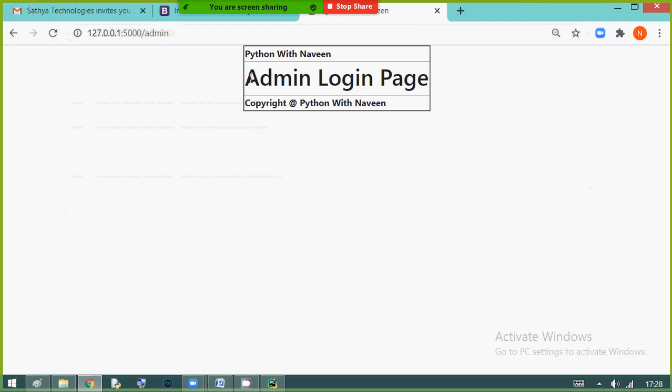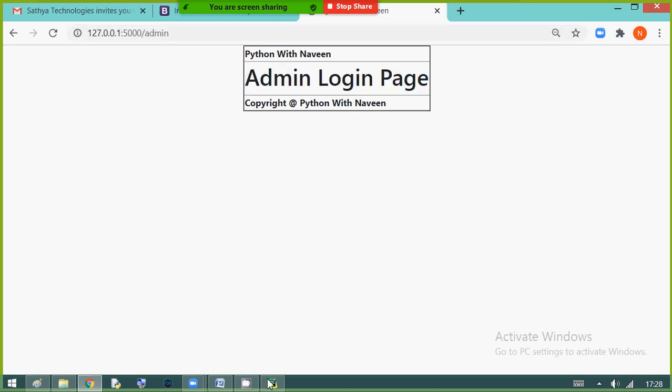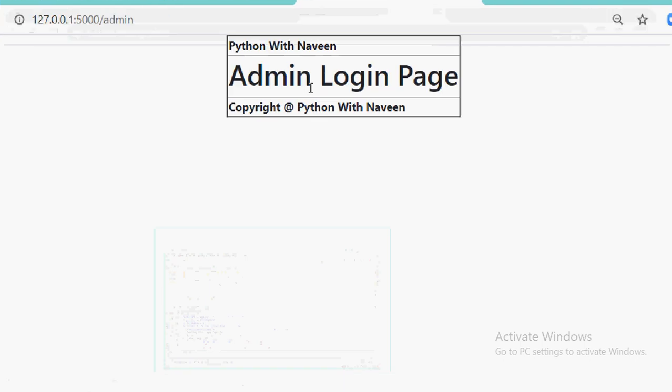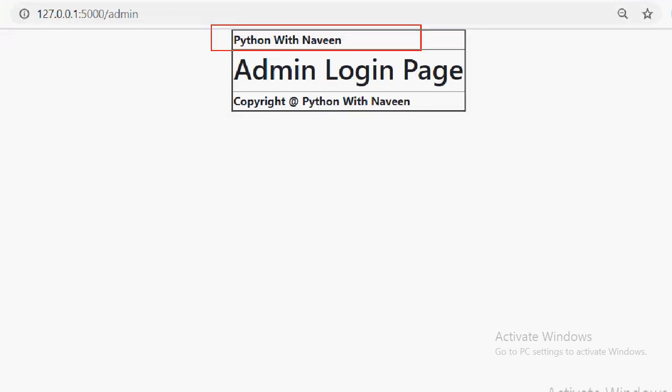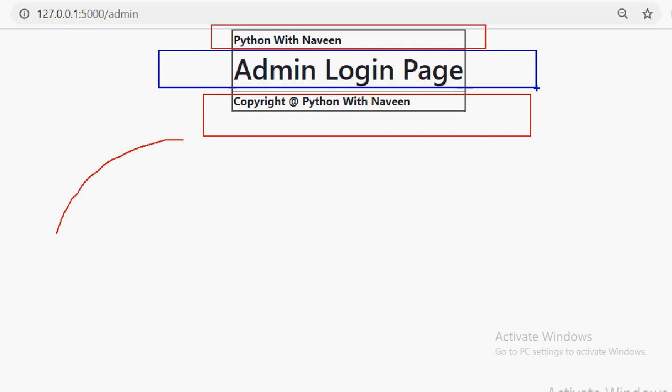There it is, admin login page. If you observe carefully, this part is written in common.html and this part is written in admin login.html.